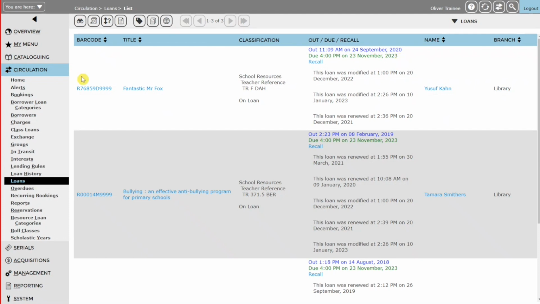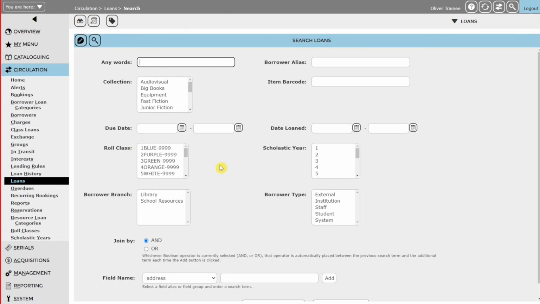Another example is extending student loans, perhaps. So again, we can go to Circulation and Loans. On the search screen, I'm going to this time search for Year 11, Scholastic Year 11, and just the collection textbooks. When you're performing the search, you can also search on things such as date due. So instead of relying on a collection, you might rely on the dates the items are due. So textbooks, Year 11 students,